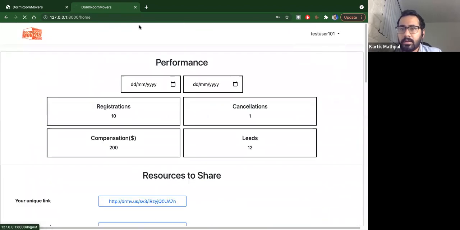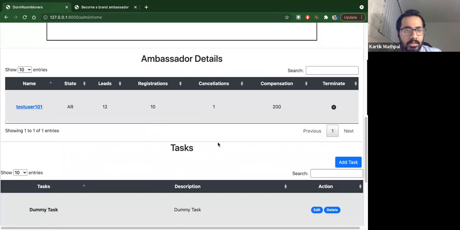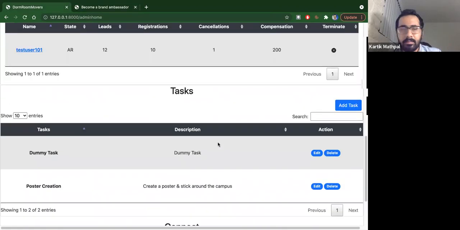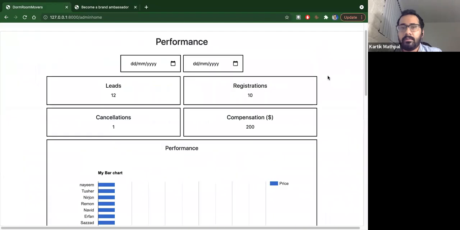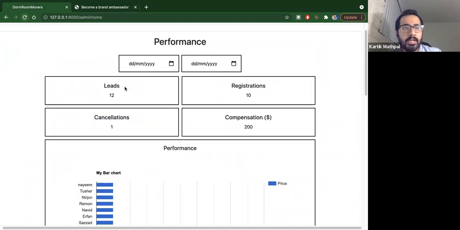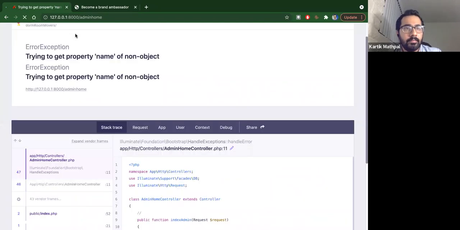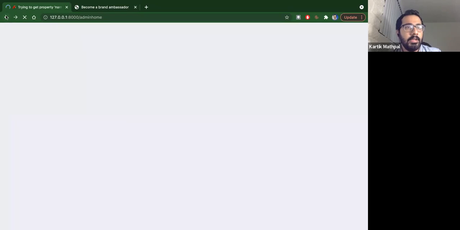This is for the task creation, and then the admin also has the feasibility of deleting a particular task.